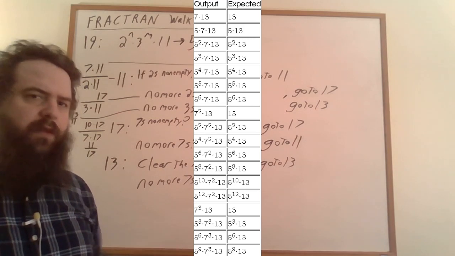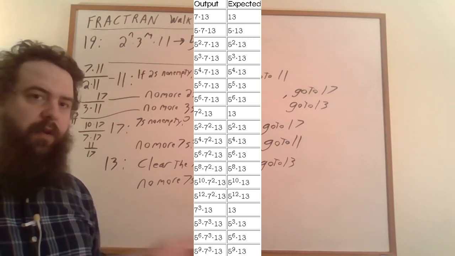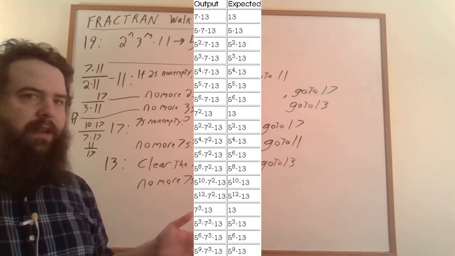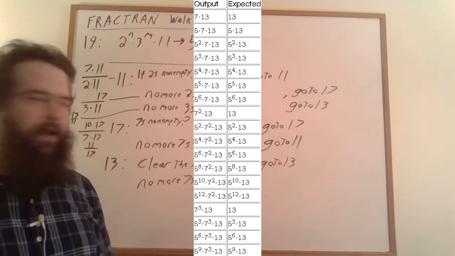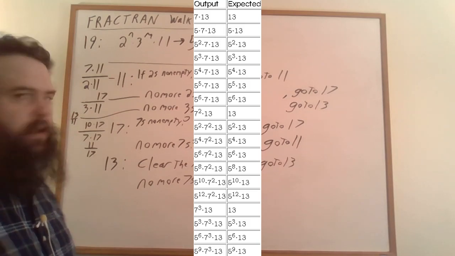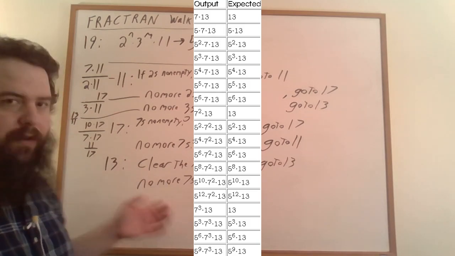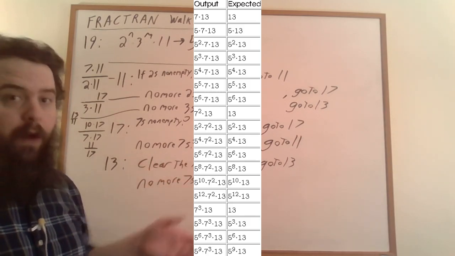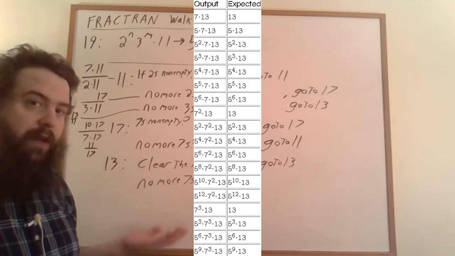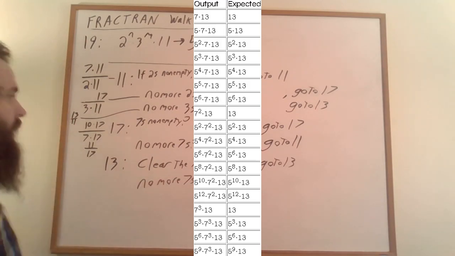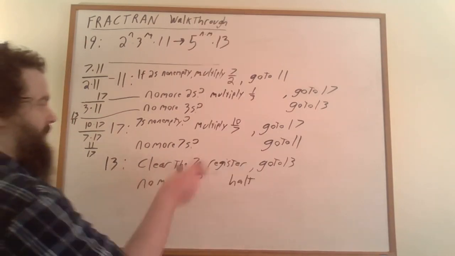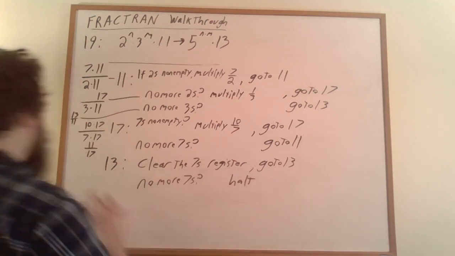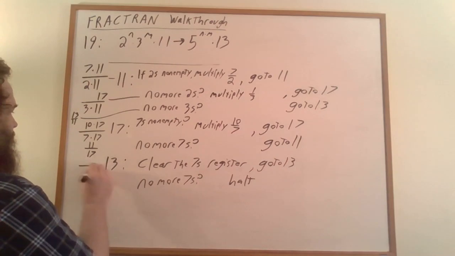One of the things that's useful if you're trying to program advanced programs in FRACTRAN is to run the program, and then maybe it requires a little bit of cleanup in order to do what you want. In this case, we see that the program operates correctly, but there are a bunch of 7's that we don't want. And so all we need to do is, when we're done, clean up those 7's. So if we're in state 13 and there's any 7's left, we want to multiply by 1/7 and stay in state 13. This is going to look like 1